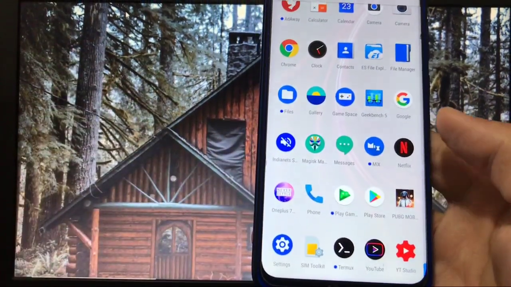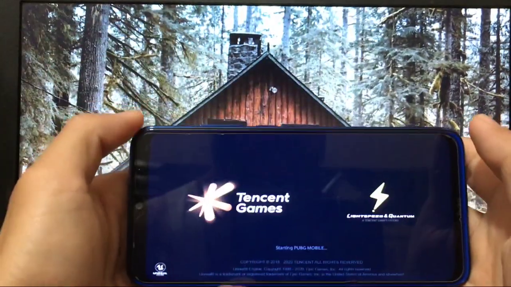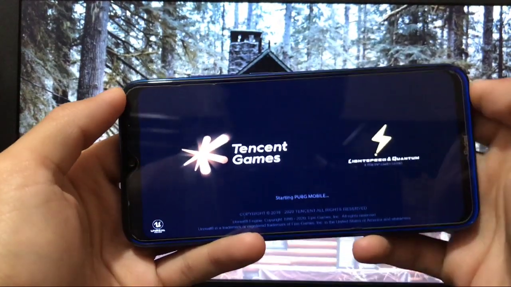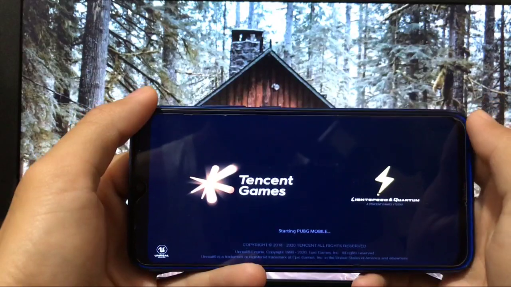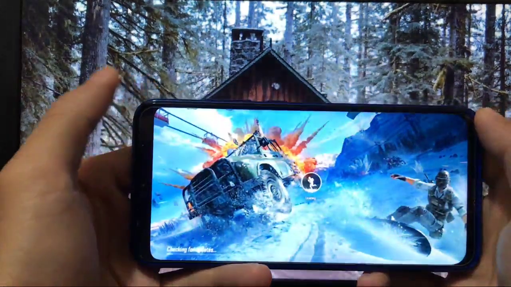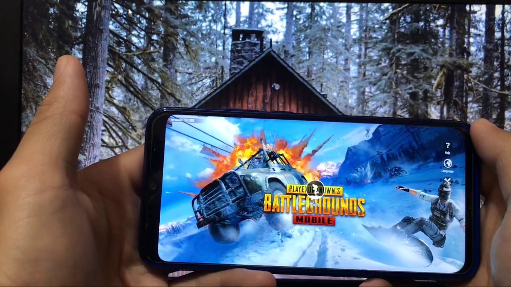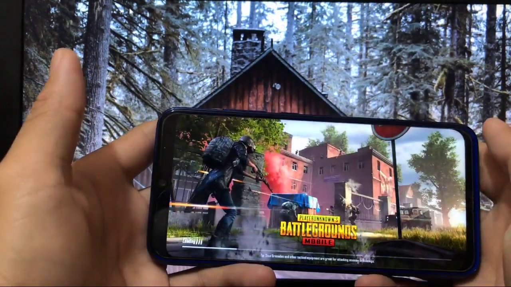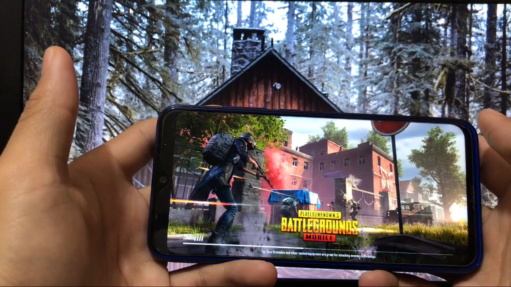And let's talk about a PUBG review. How about PUBG? Can you play PUBG? There is a gaming mode available, so it means you can play PUBG without any issues at all. There are no force closes, and you can say that PUBG is working very fine. You can also judge that from the Geekbench score, and you will not face any frame drops, any lags, etc.